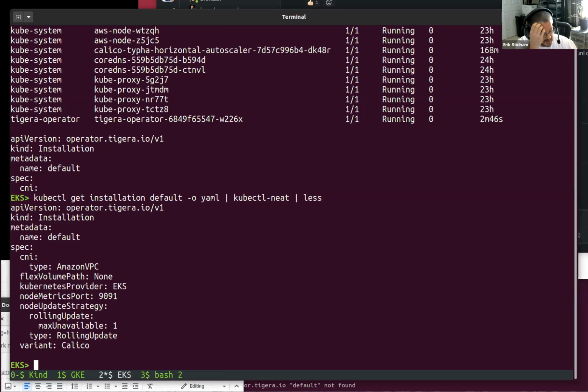And some stuff may be needed at installation time that we don't plan on putting here, but because of the order that we apply our CRDs, it would be possible to create Felix config before the operator starts running, and then the nodes that start up will use the configuration that's in that Felix config. If that makes sense.